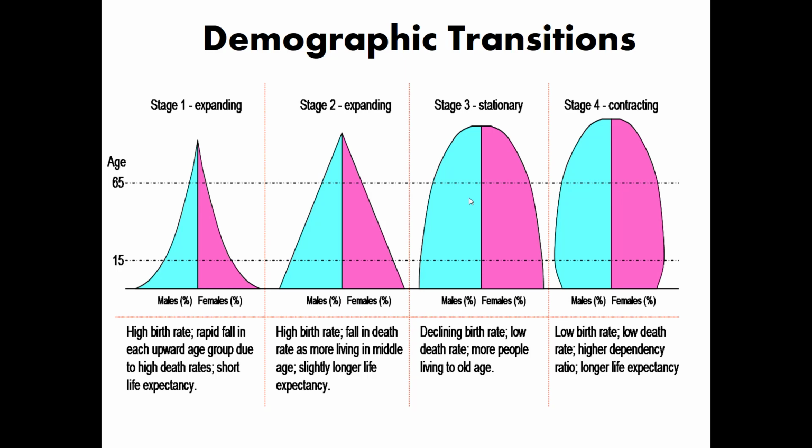We've had resources to help with hydration; dehydration has been one of the leading causes of infant death. Again, with medical discovery, we've started to see a reduction in infant mortality. So that's what you see in stage 2, a reduction in infant mortality. People were starting to live a little bit longer, but we also start seeing a reduction in the birth rate. So in stage 3, you see a stationary, declining birth rate.